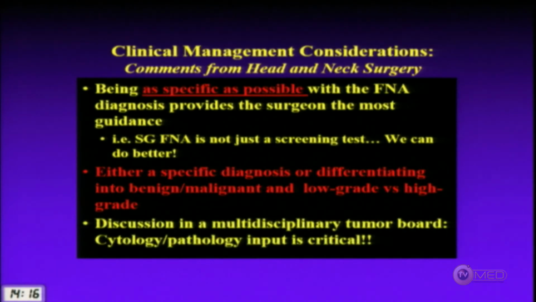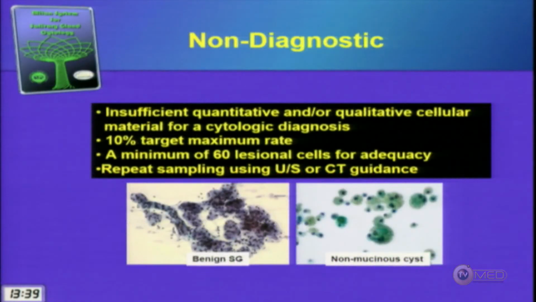And then the other thing that I would encourage all of you is that for cytology to remain relevant, we have to be ambassadors for cytology as well as ambassadors for the patient, to help the patient. And we need to be at the table at these head and neck tumor boards where they're discussing patient care, because we are part of the care team. So I encourage all of you, if you're not already doing it, please try to get involved with your clinicians and go to the tumor boards and have input there. And also, I would say that's important for your surgical pathologist to do as well.